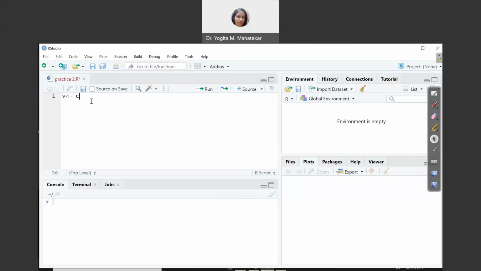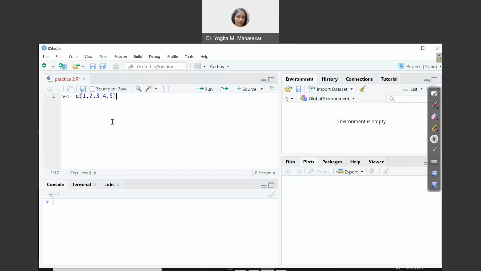After that you take a round bracket, and inside that you write whatever vector numbers are present. It's a row vector that I am creating, starting from, say, 1 to 5: 1, 2, 3, 4, 5. So this is how to create a vector in a script file.